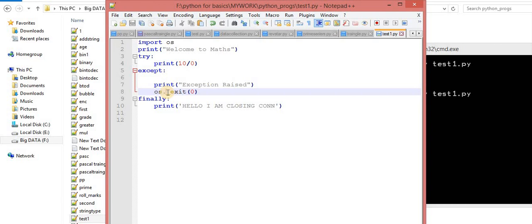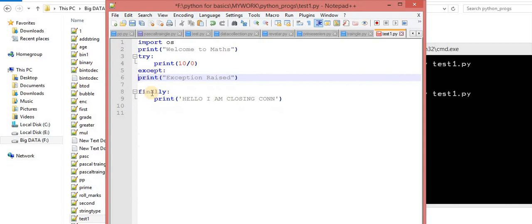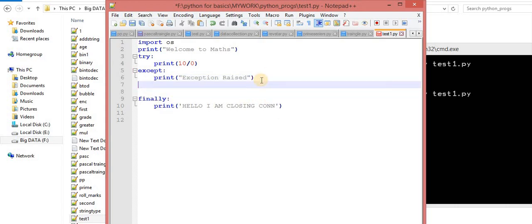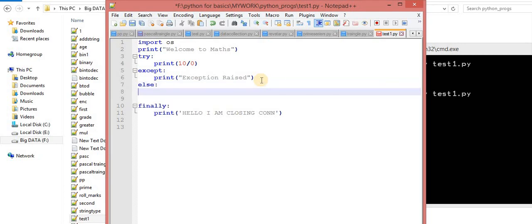Okay, there is one more case, which 90% of people don't know about. There is one more statement that you can combine with this. Now observe this scenario: try, except, and yes, you can use else. Again, this question is asked in interviews or in the Microsoft examination. I faced this problem in the Microsoft examination. Successful execution. Now keep this point in mind.